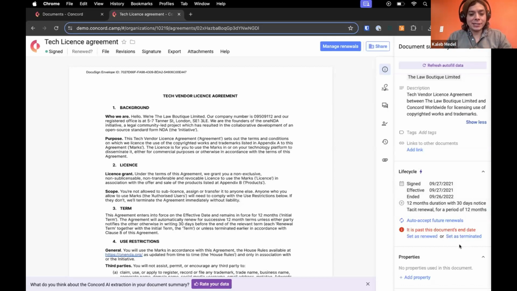So as noted, a couple things to note. The AI is included on all of our newer plans, so it is something you may need to upgrade if you want to get access to it, but let us know, me or your CSM, if that's something you're interested in. Second, as I noted with the other two features, this is just the initial